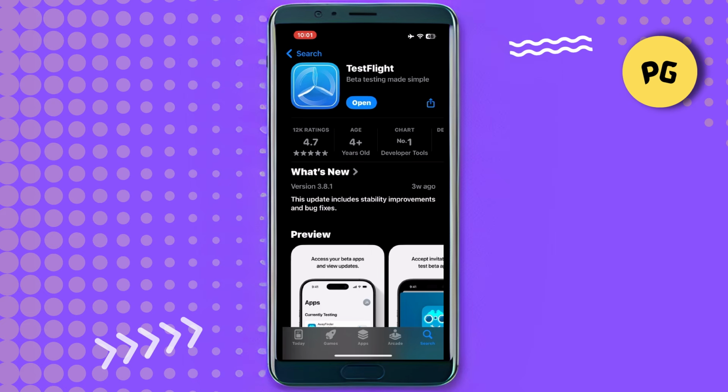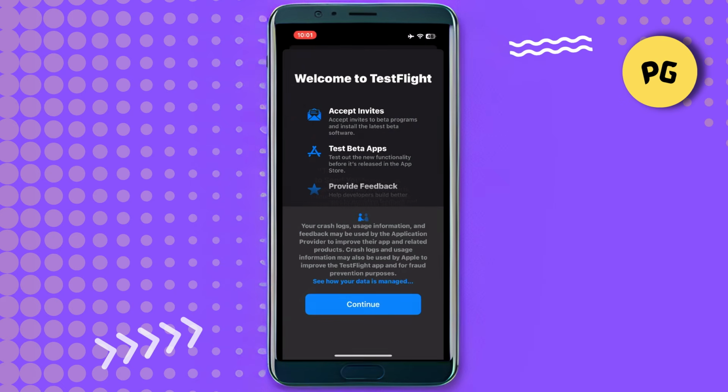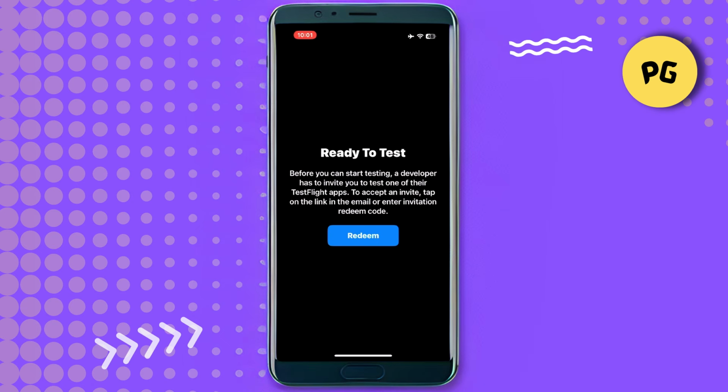First up, open your TestFlight app once you have just installed it on your iOS device. And here you just need to set up your TestFlight app. Here, tap on the continue button, and then on the next page, you just have to check the terms and conditions. And then once done, as you can see on this page, here you can basically get ready to